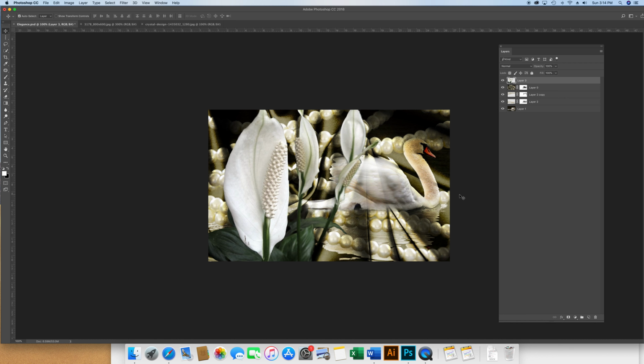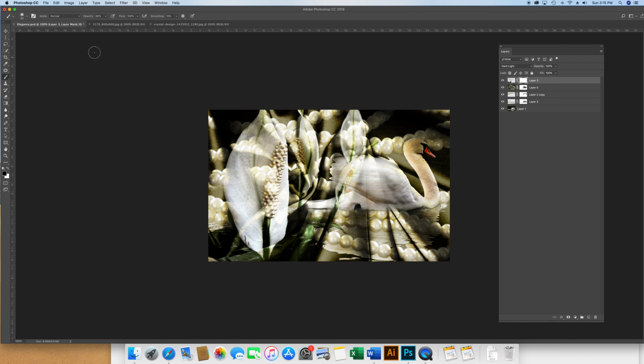And the next thing I want to do is make these transparent like the other layers in the picture. And so I'm going to use, I believe it was hard light. Yeah, hard light. I chose hard light as my blending mode, and that lets part of the pearls show through. I wanted just a little bit more of the pearls to show, and so I created a layer mask,